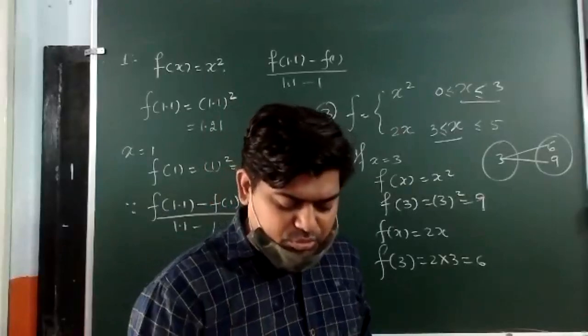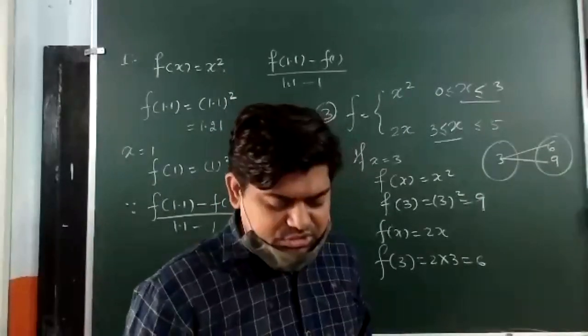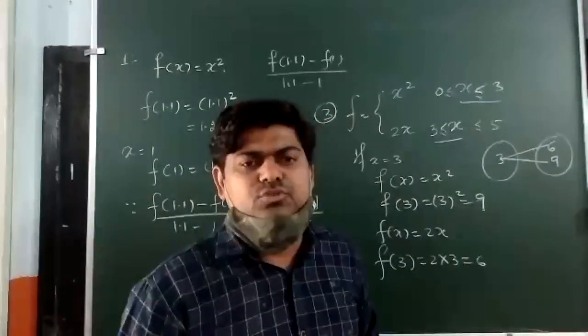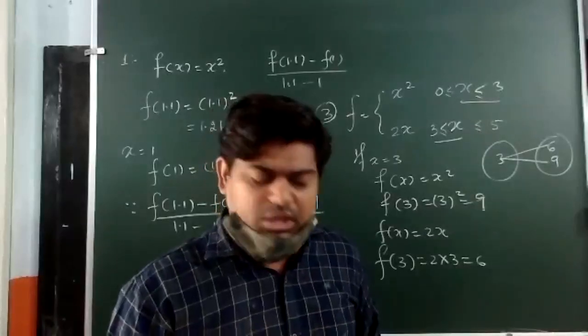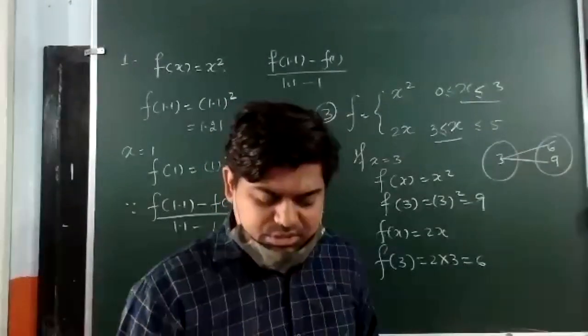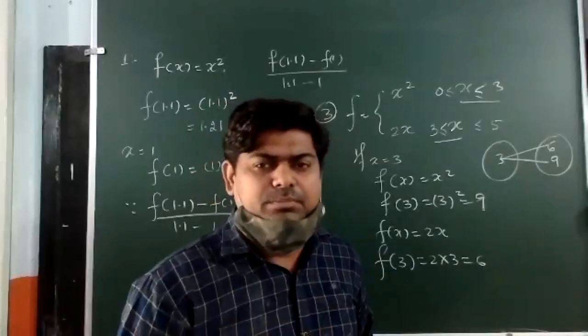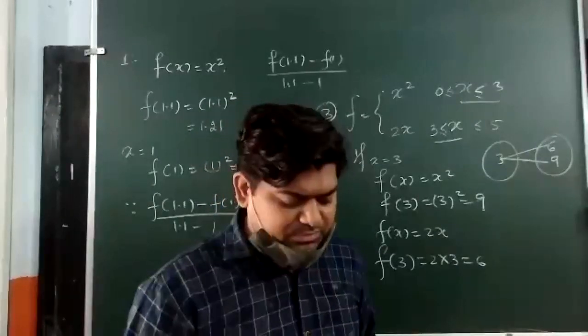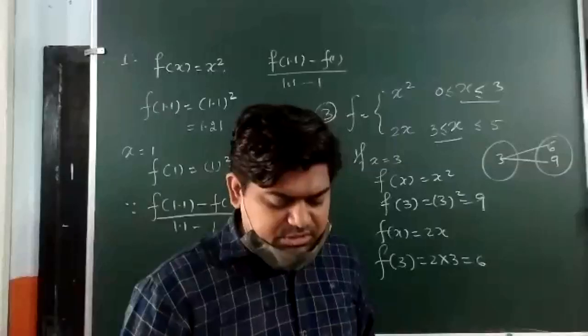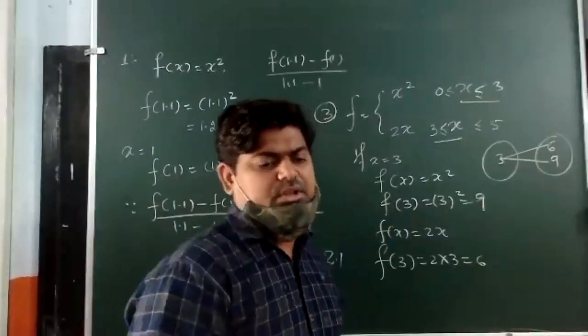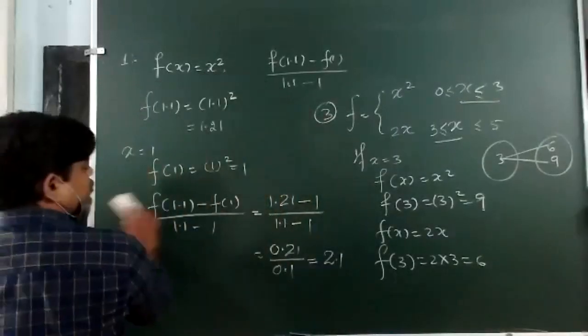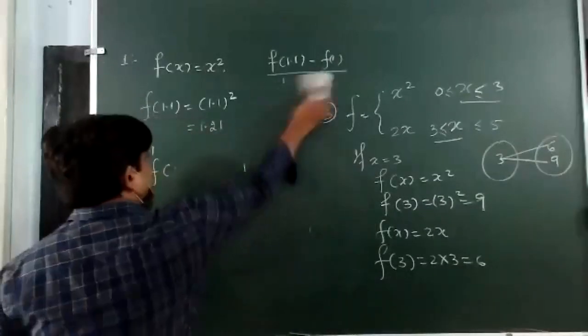Now, if I am talking about the 4th and 5th, these questions are easy. But even then, question number 5 I am going to do. In the 4th, simply you have to find f(-3), f(0) and f(7). Then we will put the values and simplify. But in question number 5, f(x) has been given, then we have to find the value of x. So let me write this question number 5 for you.